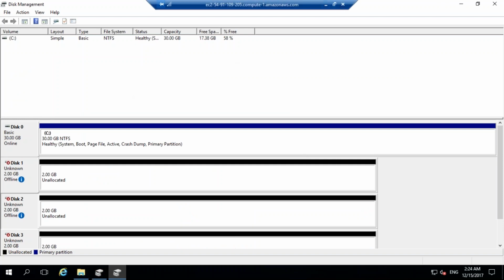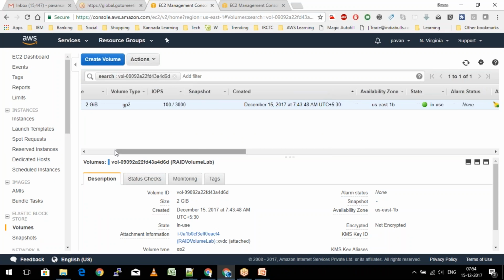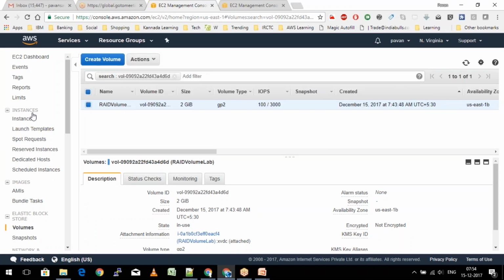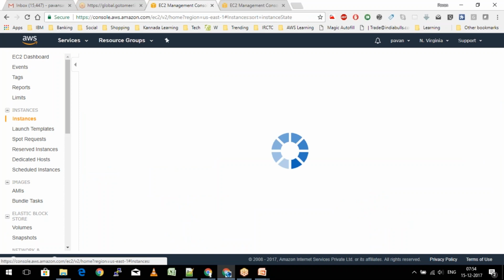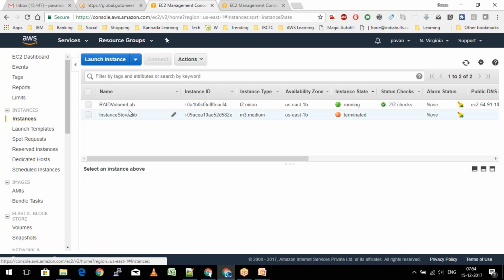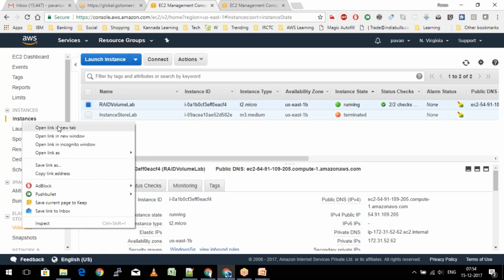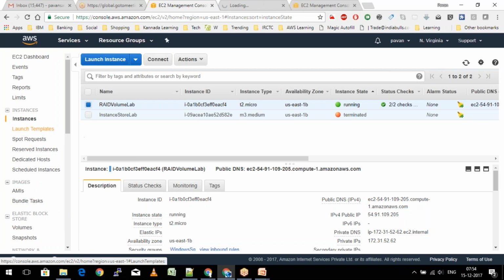So currently this appears to be offline. I'll just go and close this and restart the machine. So usually it basically shows that the 3 volumes are attached to this Windows instance.